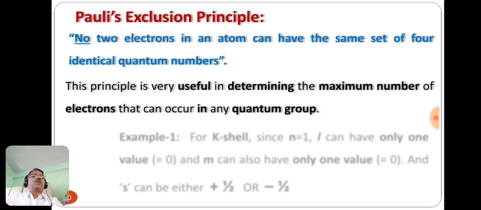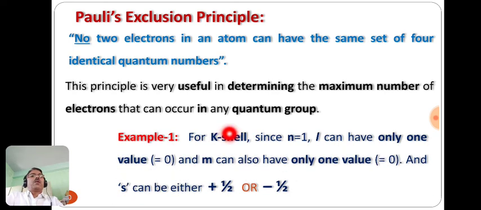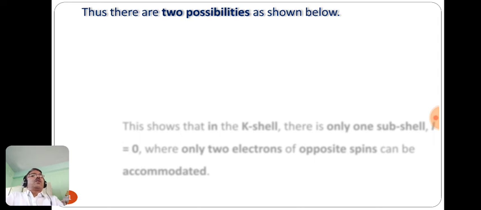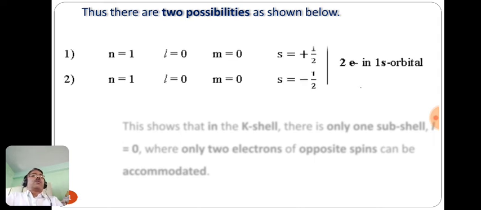For example, let's see here for the K shell. K shell means here n equals 1. So when n equals 1, L, the azimuthal quantum number, has only one value, that is 0. M also has only one value, that is 0. And S has either plus half or minus half. Thus there are two possibilities as shown here: n equals 1, L equals 0, M equals 0, up to